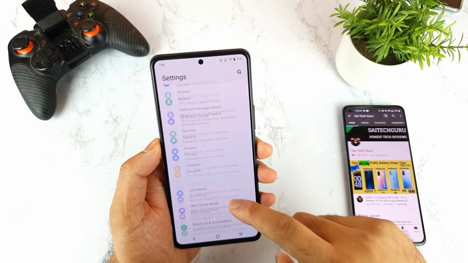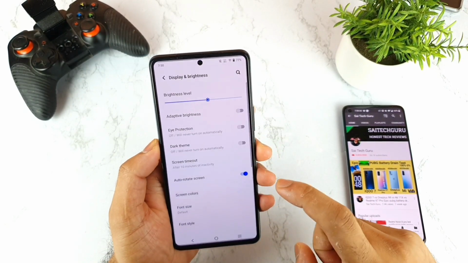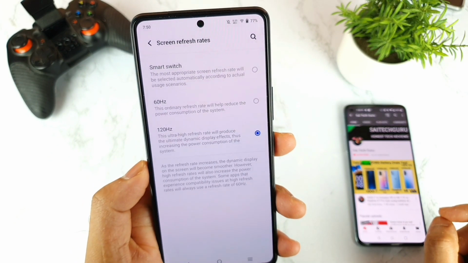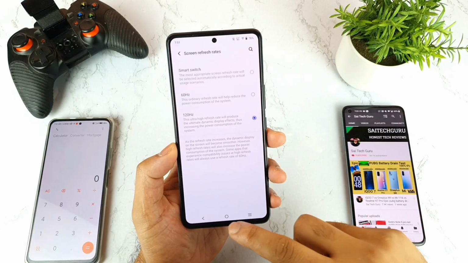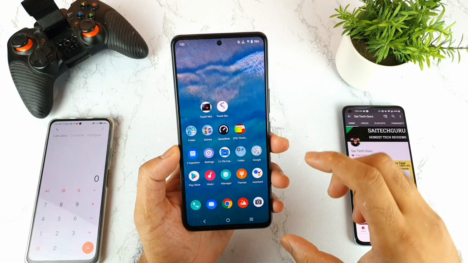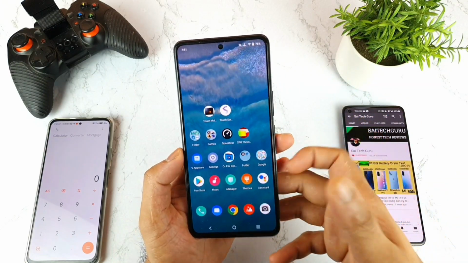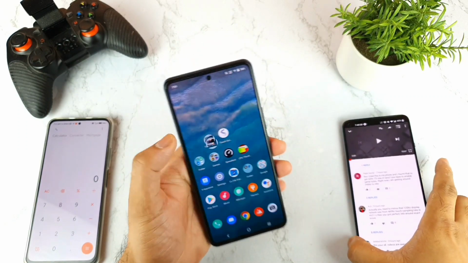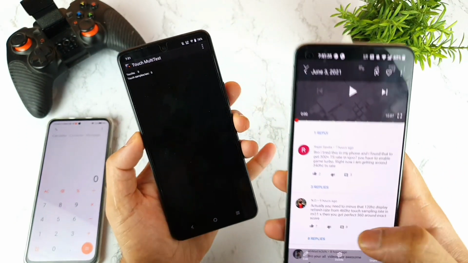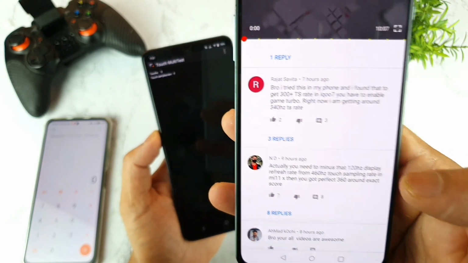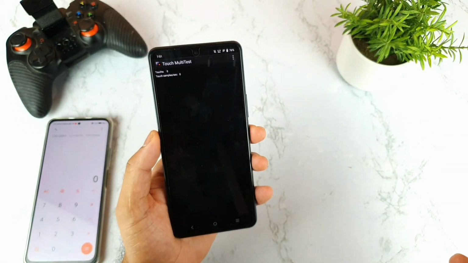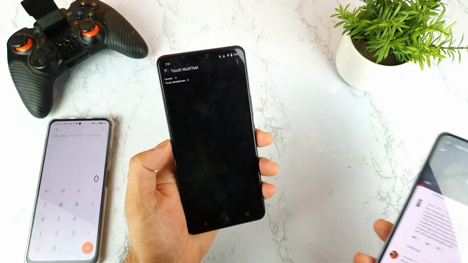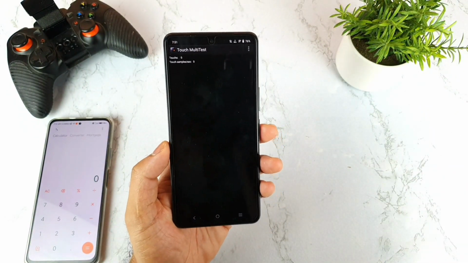First let me show you the refresh rate I'm using. Let me go to the refresh rate. As you can see, the refresh rate I'm using is 120 Hz. A few users asked me to subtract the 120 Hz refresh rate from the score to get the actual touch sampling rate, because whatever score we get in this multi-touch application needs to be adjusted for the 120 Hz display. A lot of users commented that under my videos. So I'll do that subtraction and show you exactly what the touch sampling rate of this IQ7 device will be.